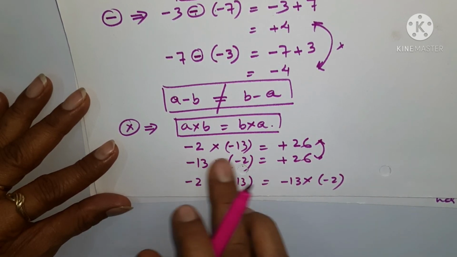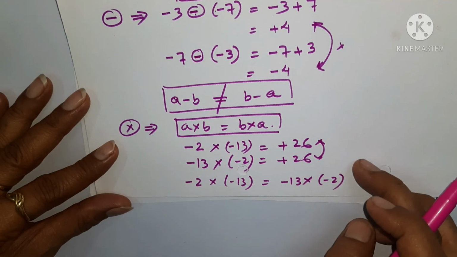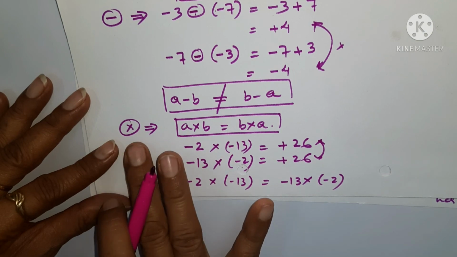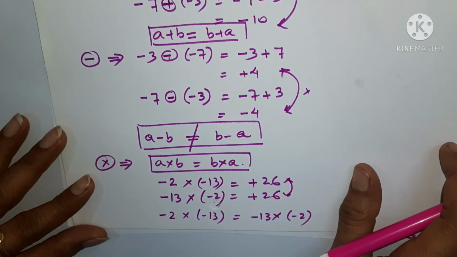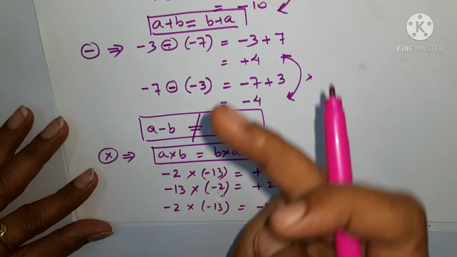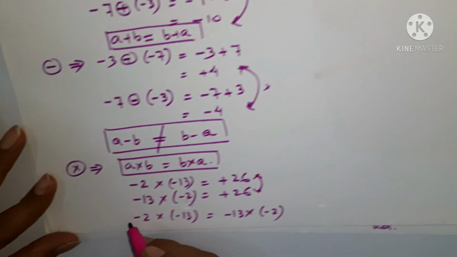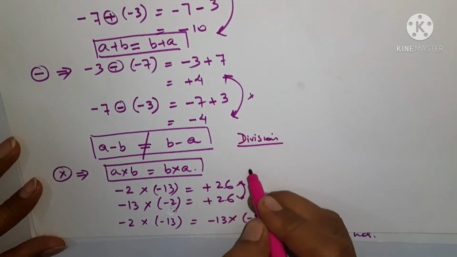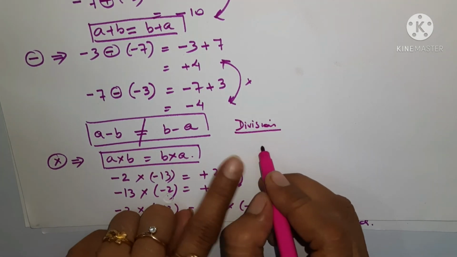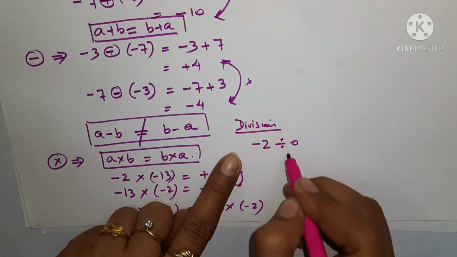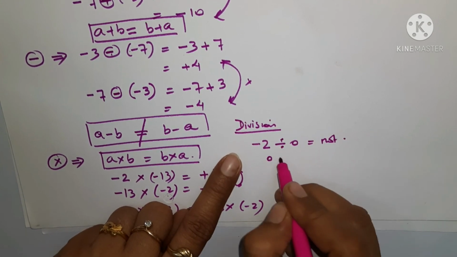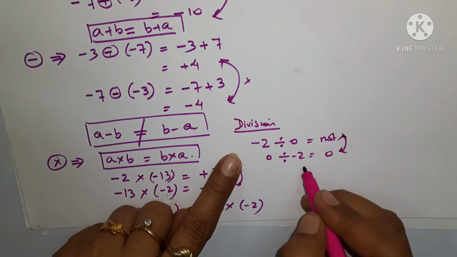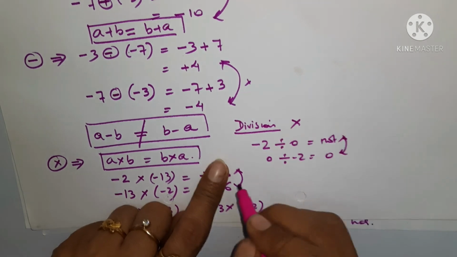यानी इनमें अगर हम प्लेस चेंज कर देते हैं तो रिजल्ट हमारा नहीं चेंज होता है, रिजल्ट सेम आता है. It means commutative property is applicable for the cases of multiplication in case of integers. डिवीजन is not possible, again for the same reason of not defined. अगर हम डिवीजन की बात करते हैं, अगर हम डिवीजन लेकर चलते हैं तो डिवीजन के केस में अगर हमारे पास दो नंबर्स हैं -2 डिवाइडेड बाय 0, तो ये नॉट डिफाइंड है. लेकिन 0 डिवाइडेड बाय -2 करते हैं तो ये तो 0 आ जा रहा है. But the results are not equal. इसका मतलब डिवीजन is not possible.